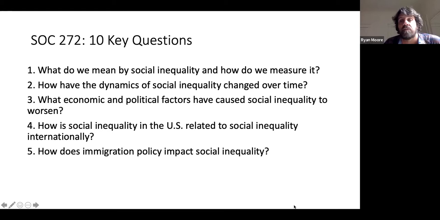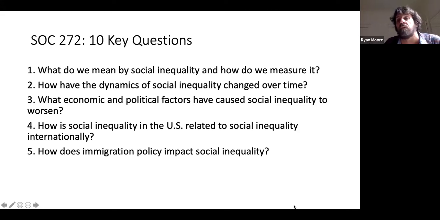Globalization and so-called free trade agreements have had a devastating impact on many communities and cities throughout the country that are in a palpable state of decline. So these questions of economic and political factors and the relationship of international inequality